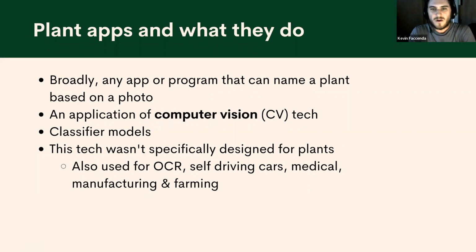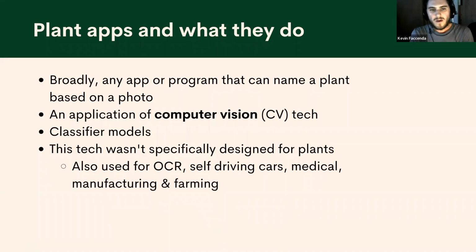So these apps work on computer vision technology, where there are different algorithms that process the image in order to extract information about the plant. Some of these apps also have information about watering and where you should grow plants. Some of them are specifically for house plants or gardening, where they'll identify stuff, but also help you grow it. We're going to focus on the identification aspect of this.